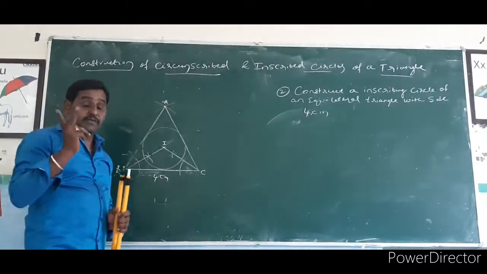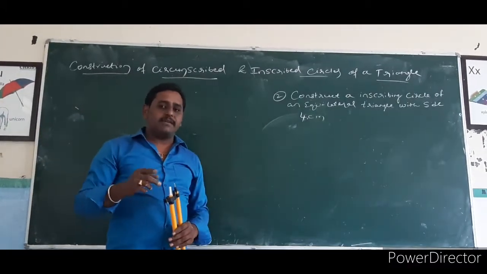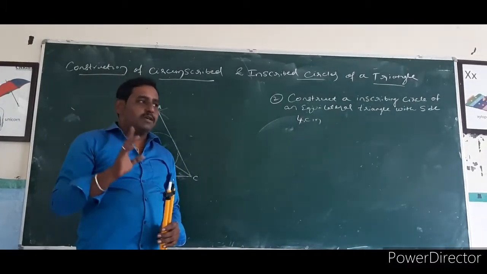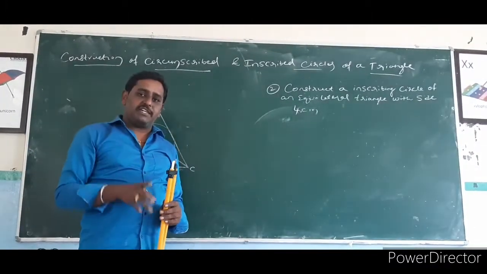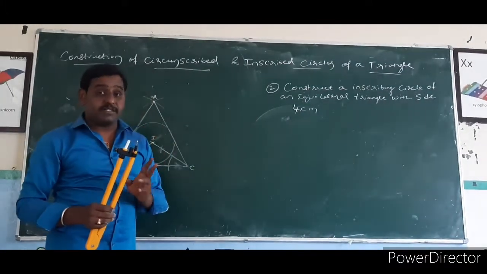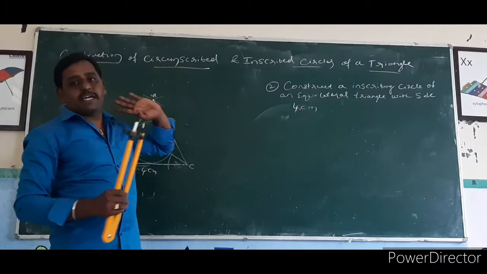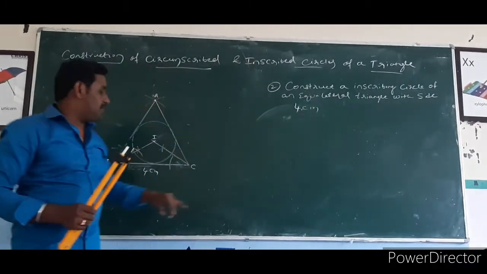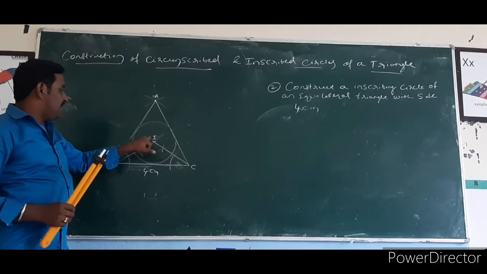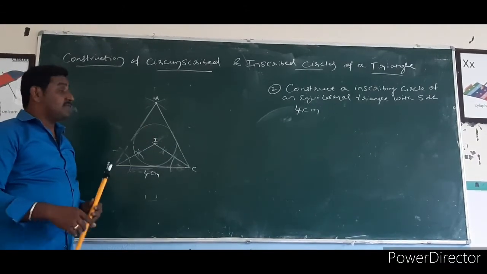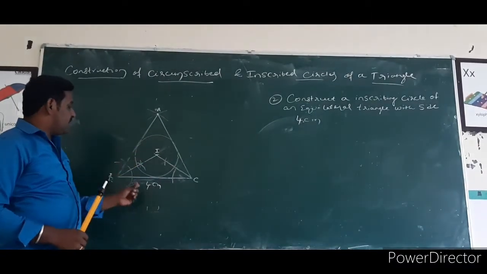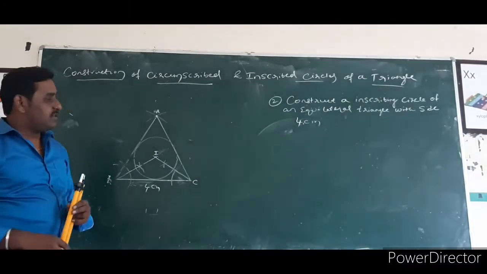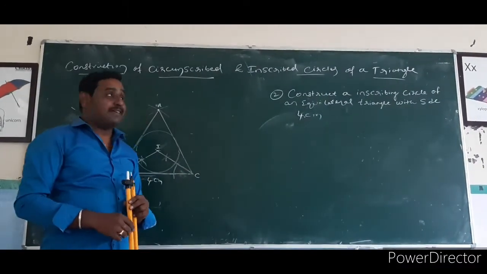What is the difference in the steps while constructing a circumscribed circle and an inscribed circle? For both types of construction, first you have to construct the triangle. After constructing the triangle, draw perpendicular bisectors of two sides for a circumscribed circle. For an inscribed circle, you have to draw two angular bisectors, take the measurement and construct. A circumscribed circle touches all the points of the triangle. An inscribed circle touches all the sides of the triangle. These are the important steps you have to follow for constructing circumscribed and inscribed circles. Thank you for watching the video.